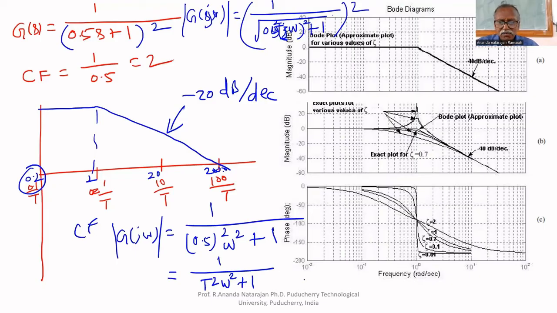What is the corner frequency? Omega equal to 1 by tau is the corner frequency. Before corner frequency, tau square omega square is negligible. If you square 0.1, what you will get? 0.01. Therefore, squaring means then also it is negligible, a fractional value. After corner frequency, the 1 is negligible. Therefore, what you will get is